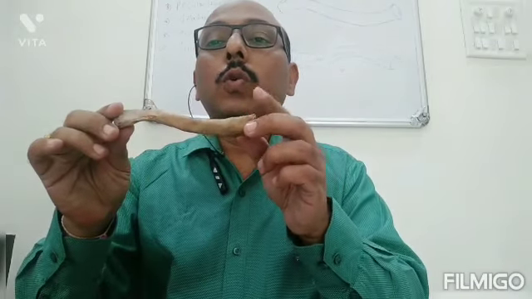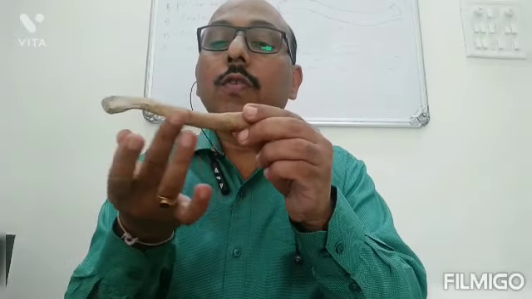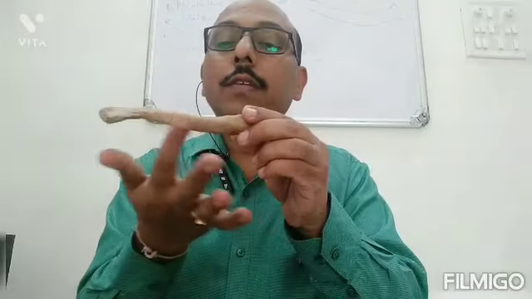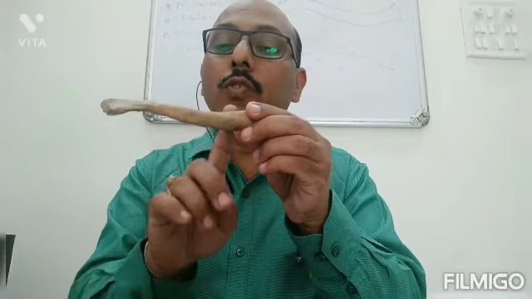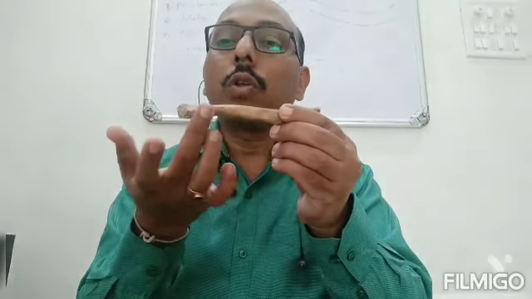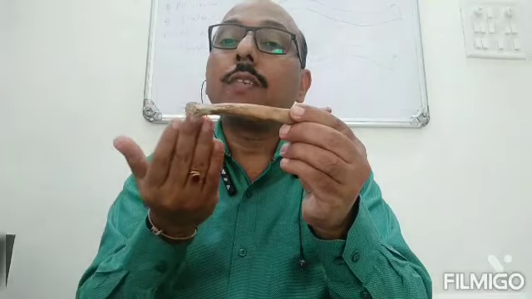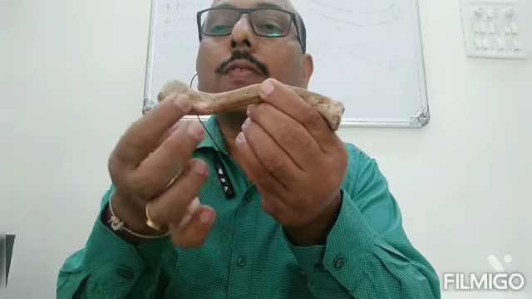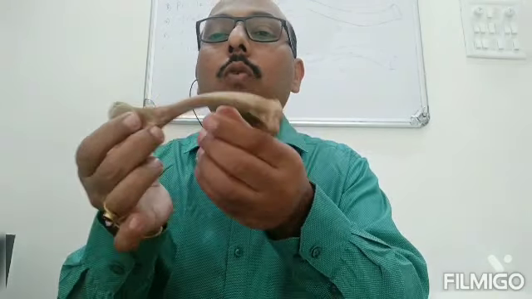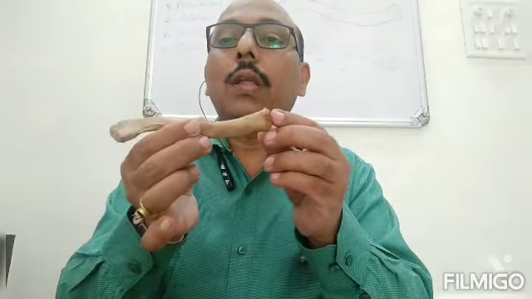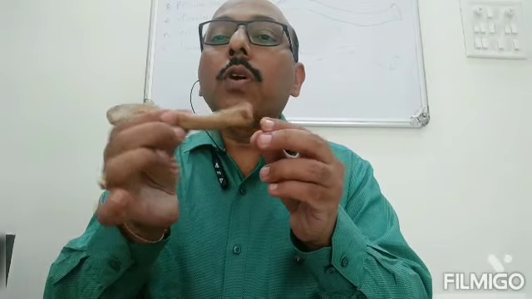Okay, so we have seen the four surfaces of medial 2/3. This is the superior surface which is quite rough, anterior surface, inferior surface and posterior smooth surface. Okay, and lateral 1/3 has anterior border which is concave forward, posterior border which is convex backward, superior surface which is rough, and inferior surface which is having conoid tubercle and trapezoid ridge. Okay, now see, today we are going to see the attachment of clavicle. Okay, now first the medial end.